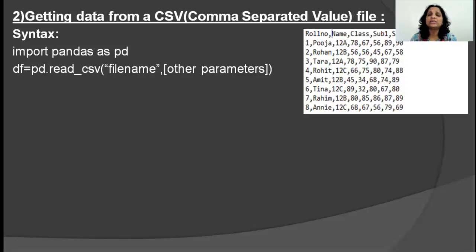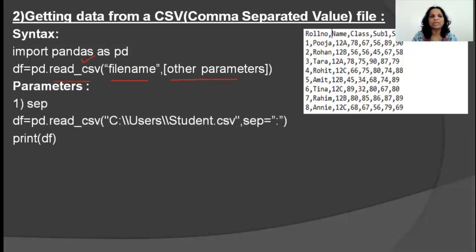Okay, now how do you read something from a comma separated value file? For a text file, we used a function called read_table. Here, the name of the function is read_csv. And you specify the file name. How you specify the file name is exactly the way we learned with the text file. Now, along with this, there are other parameters that you can use for this read_csv function. These parameters could also be used with text files. Okay, I'm not explaining in both the sections. I explain it here. It can also be used with text files. So let's get to know what the various parameters are that you can use.